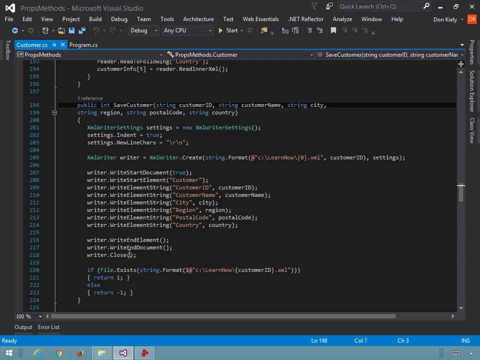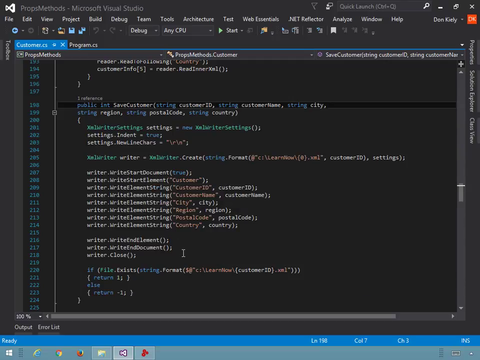All right, and then the rest of the code here is dealing with writing out XML. I'm not going to spend a lot of time on XML. Hopefully you're familiar with it. It's a fairly well-entrenched data structure. But WriteStartDocument is an instance method of that XML writer object, and it's going to write out the XML header for the file. And then I'm going to use methods like WriteStartElement to begin writing a customer element, WriteElementString for the customer ID, WriteElementString for the customer name. So these are all going to be child elements of this customer element,